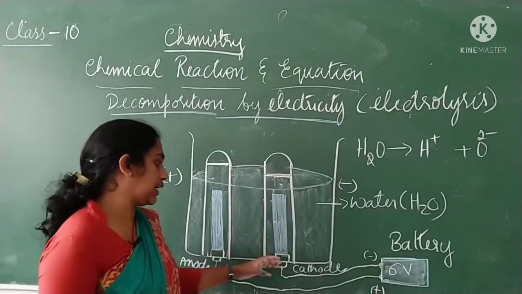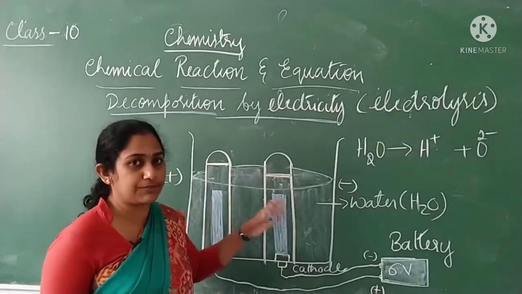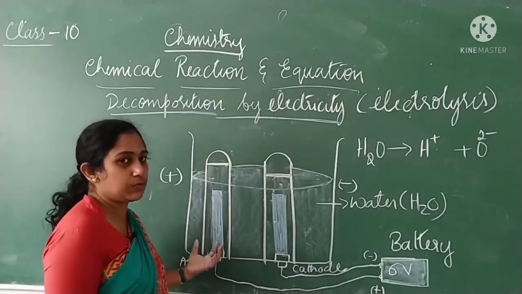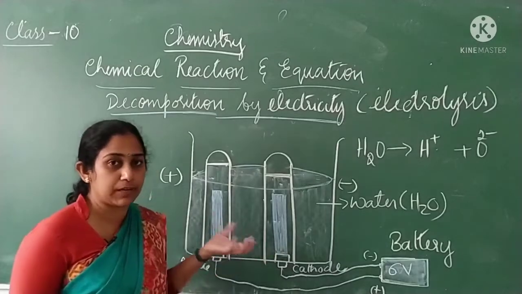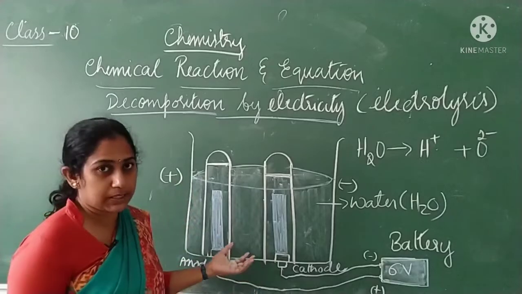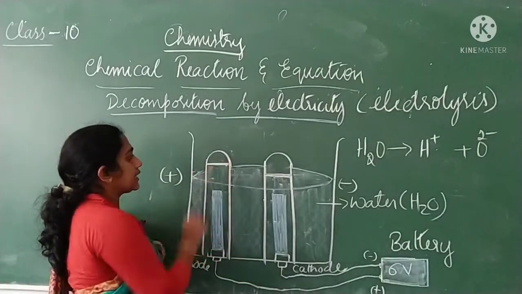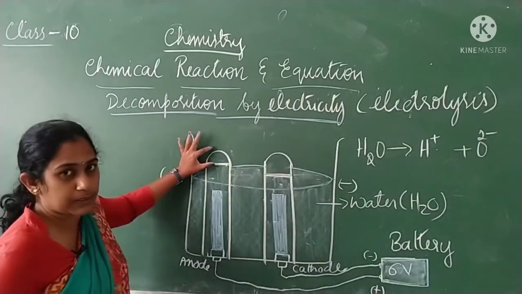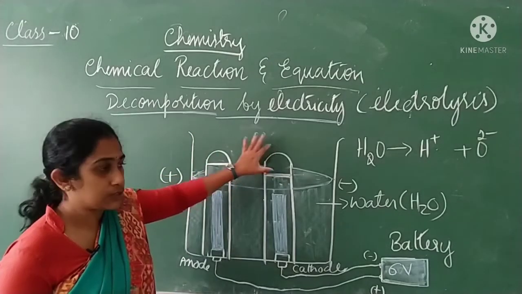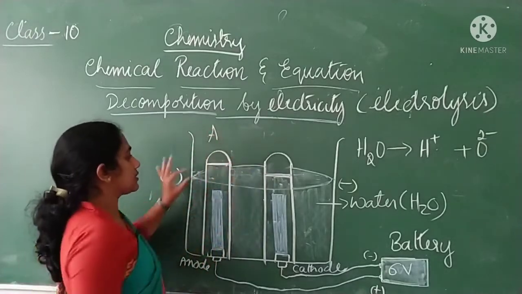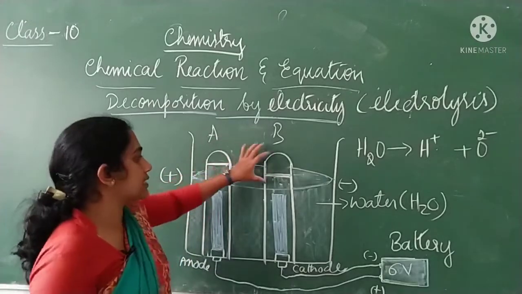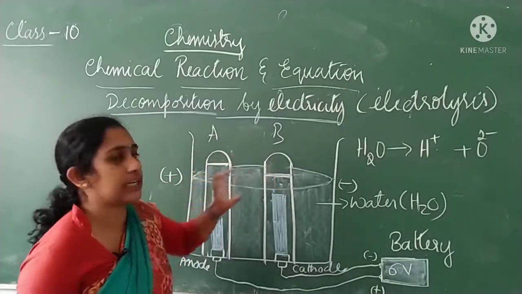On passing current through this acidified water, you can see the formation of bubbles at both electrodes. Inside both test tubes, the electrodes start to produce gas bubbles that are evolved out. After the experiment has been completed, you can see the gas collected in this test tube is of this much quantity, and the gas collected in this test tube is double the quantity. Here in test tube A, it is very little. In test tube B, you can see it is double the quantity. So what you can understand by this is, we have to test what gas is being collected.